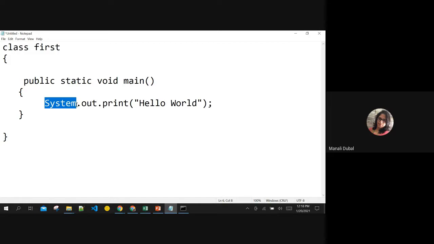System is the class which allows you to take input or output in your program. I want to out something, means I want to show something in the output window. What do you want to do with the output window? Okay, I want to print something. All right, what do you want to print? In the brackets, along with the double quotations, you can mention the string that you want to print. So this is nothing but the message that gets printed on the screen.